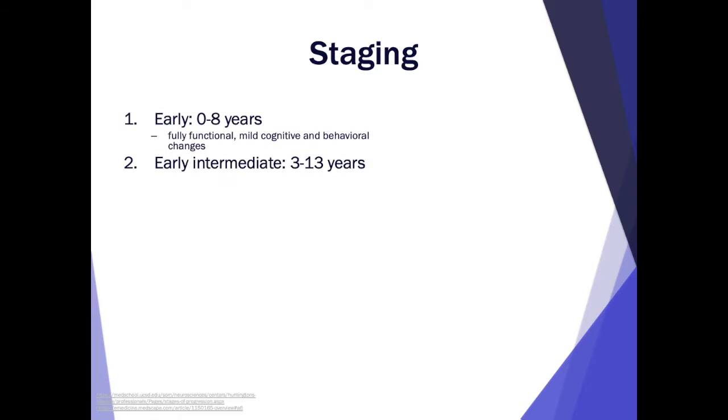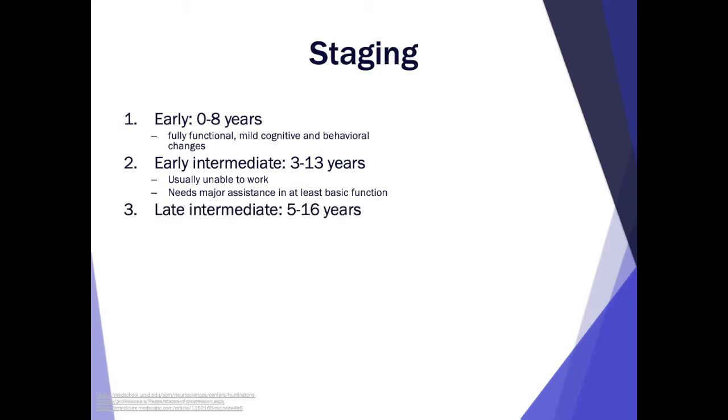Stage 2, we have early intermediate, that's 3 to 13 years after disease onset. And sometimes they may not be able to work at this point and they're going to need a lot of assistance in at least one basic daily function. Then we have late intermediate, which is 5 to 16 years. And at this point, the patient unfortunately will not be able to work at all and will need assistance in